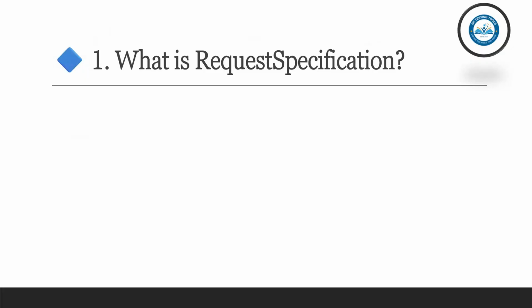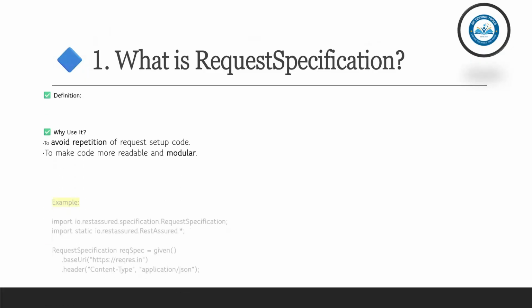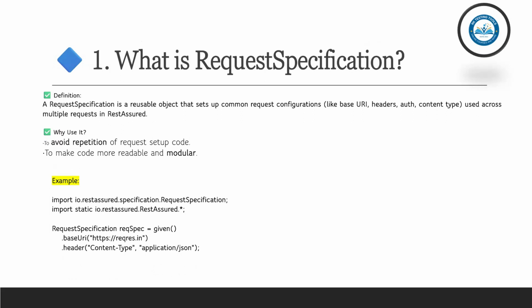First, what is a request specification? The request specification is a reusable object that sets up common request configurations like base URI, header, authentication, and content type. So it is used across multiple requests in REST Assured. The main purpose of the request specification is to configure your